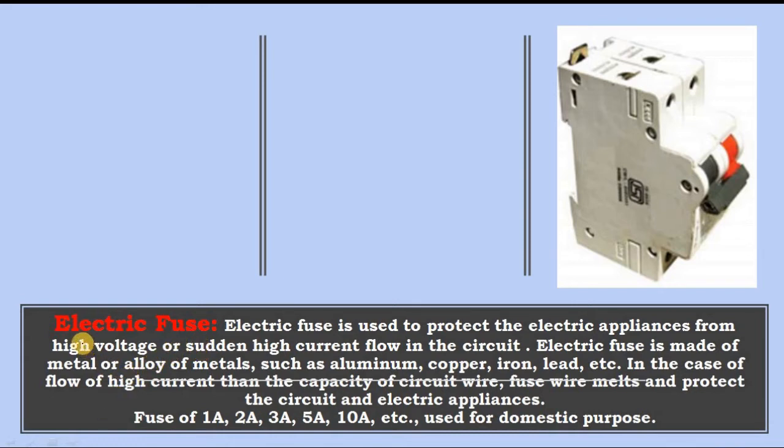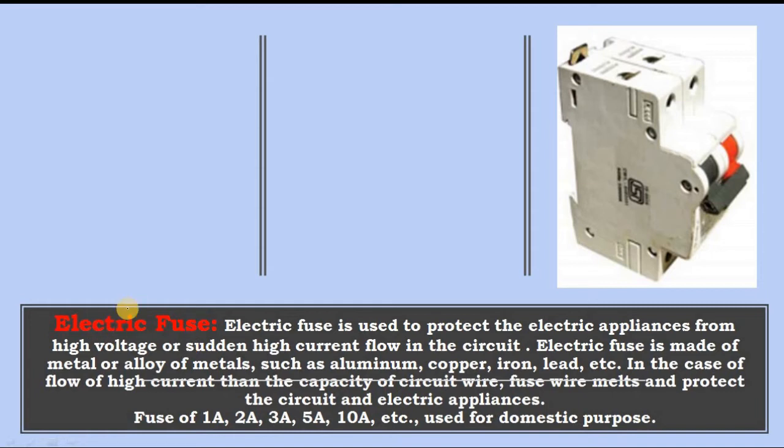But an electric fuse is basically a safety device. It has no other work with the working of any appliance. It just protects the circuit. In any case, if a large amount of current flows, more than the desired amount, which is not desirable, these fuse wires or the fuses or the MCBs cut the circuit, they detach the circuit and stop the flow of current, and because of that your appliances or your electric circuit remains safe. Okay, it doesn't get damaged.